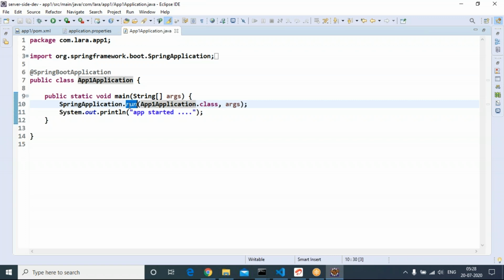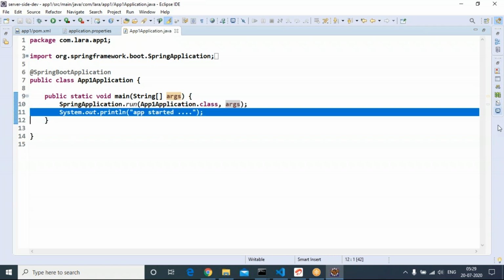This class we can supply to the run method of SpringApplication. SpringApplication is a built-in class. Run method, supply your application class. Whatever class you are supplying should be qualified as a Spring Boot application. For this run method, the second argument is nothing but command line arguments. The main method takes command line arguments. We know very well about command line arguments. Args, supplying the args. After executing the first line, then the second line.